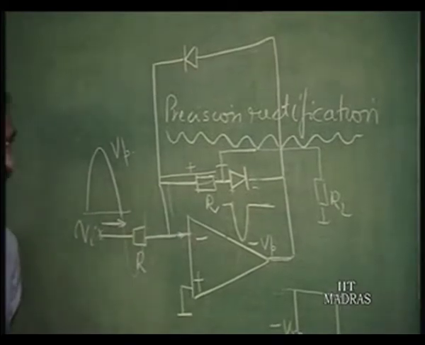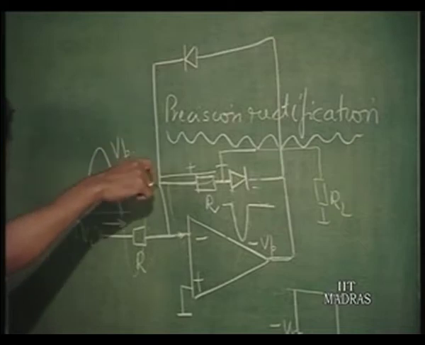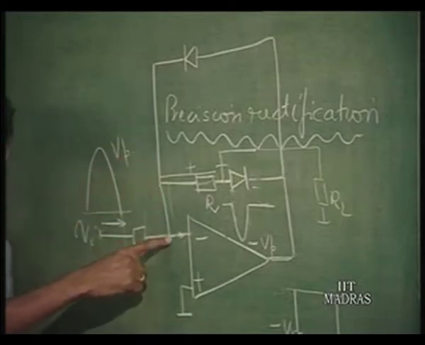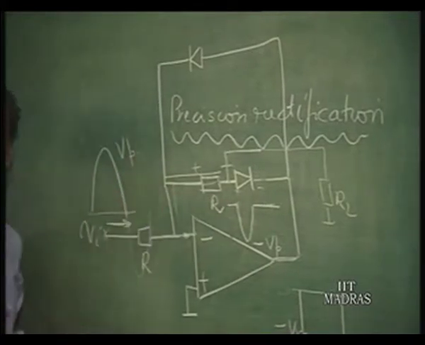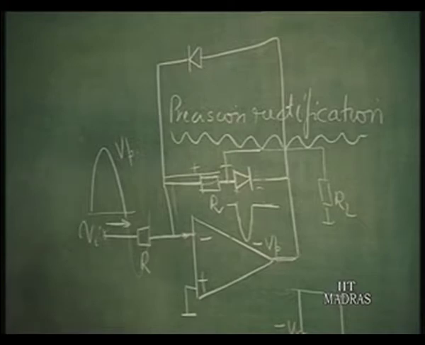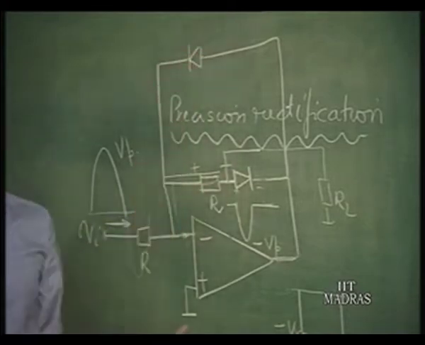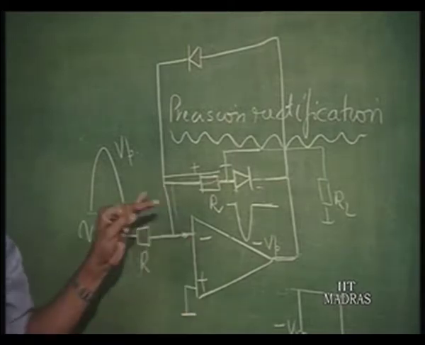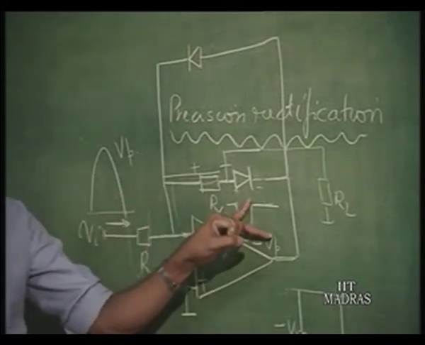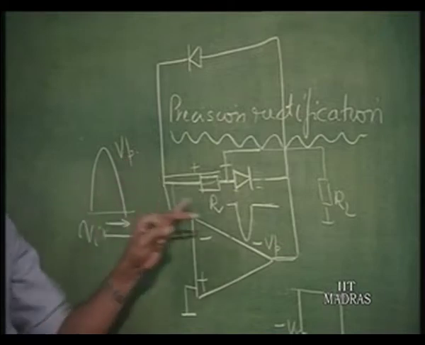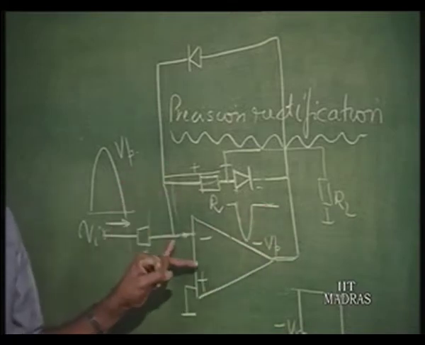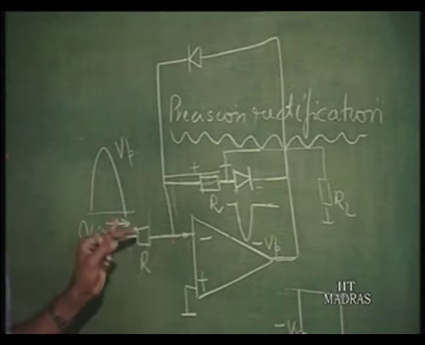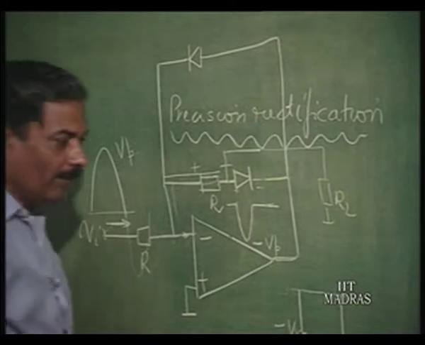So, this diode will now conduct and maintain this voltage at 0 whenever this goes negative. So, a half wave precision rectifier requires 2 diodes with the op amp, one to maintain the negative half of the waveform when this is going positive, the other to maintain during the other cycle the voltage equal to 0. So, this will maintain the virtual ground, that is, negative feedback will come into the picture even when the voltage is going negative, and therefore the op amp will still function now,